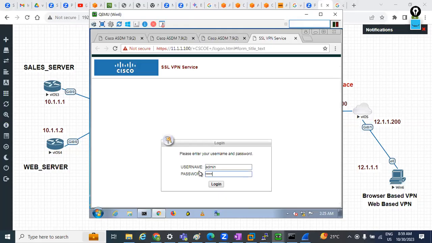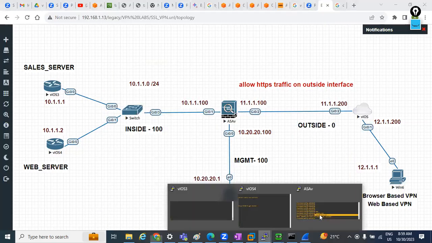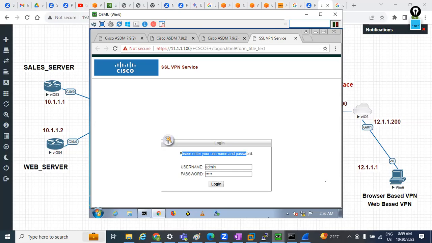Admin and admin. Guys, are you able to see any kind of connection profile name here? No, because right now I have not completed this configuration, and via CLI I have not configured anything. So admin and admin, if you log in here,